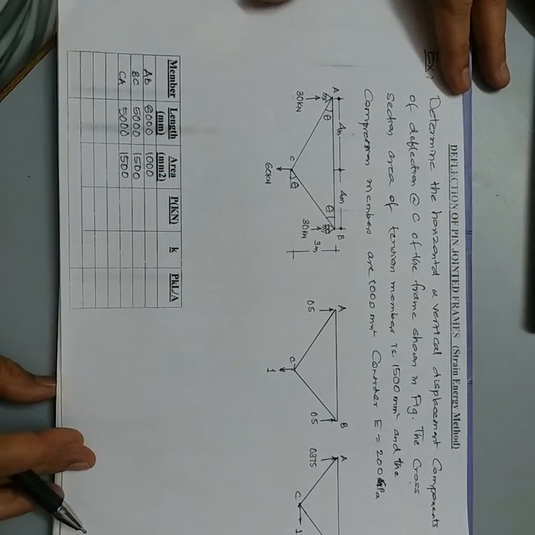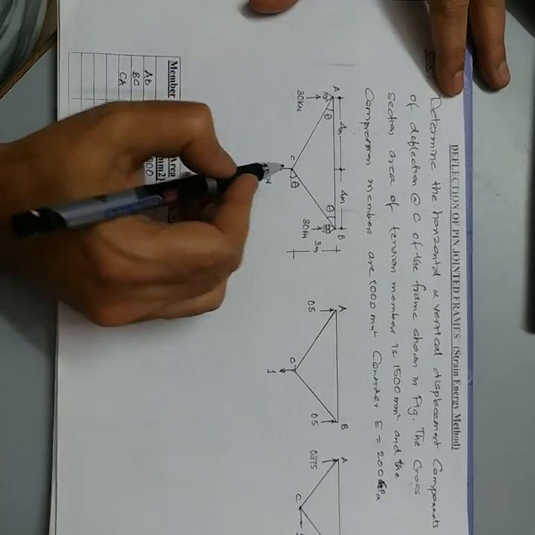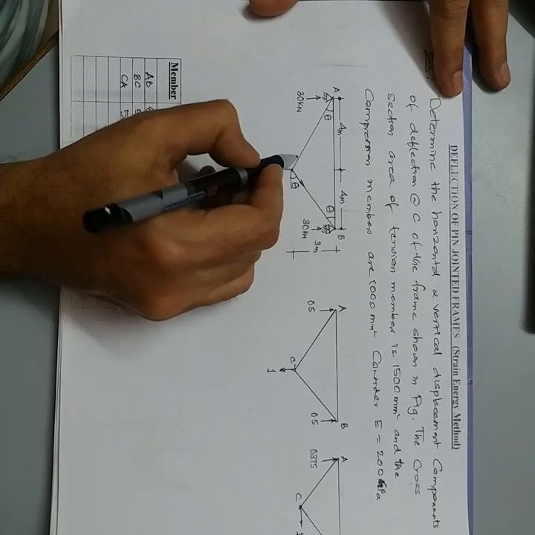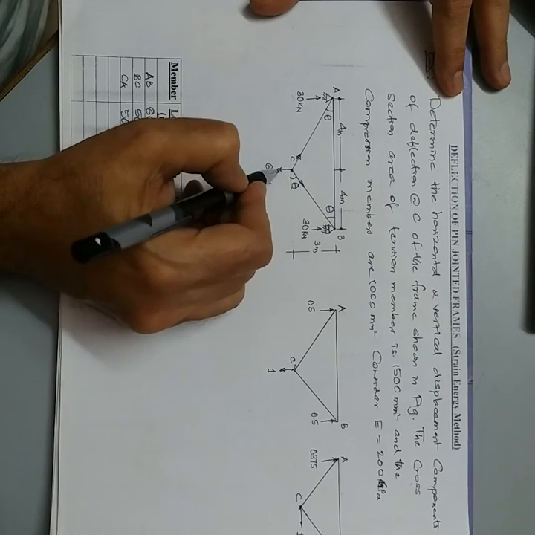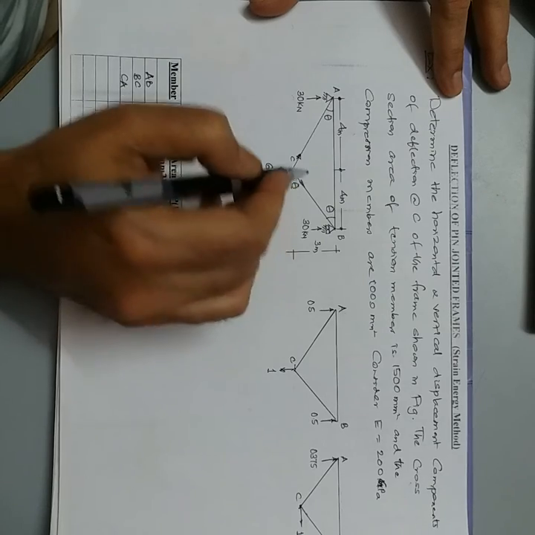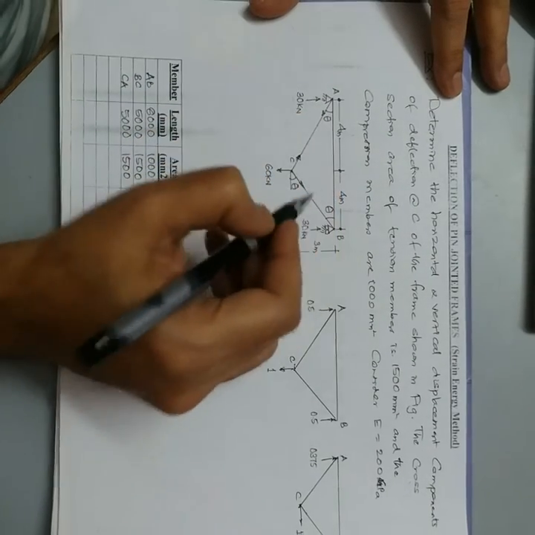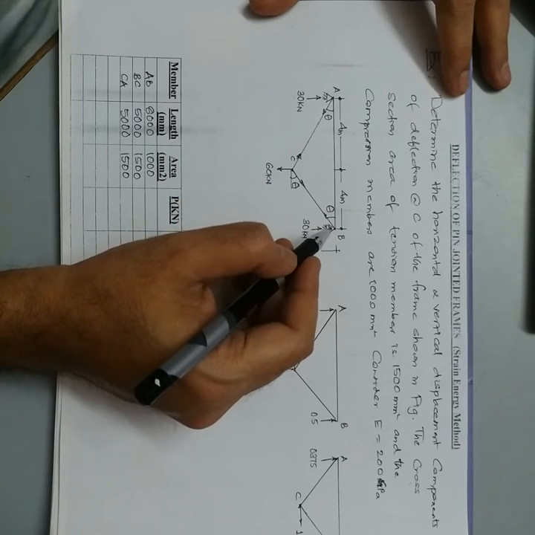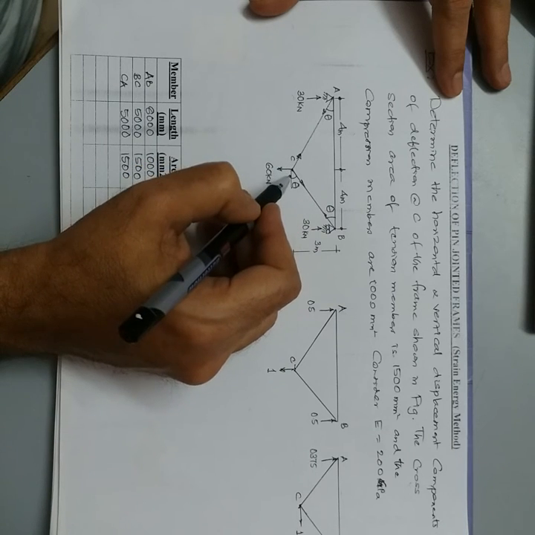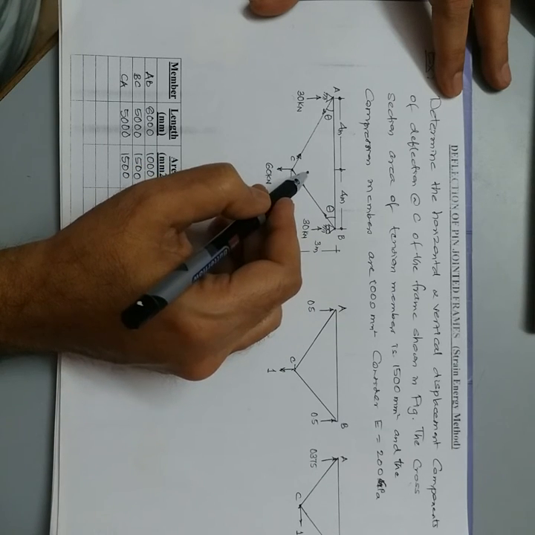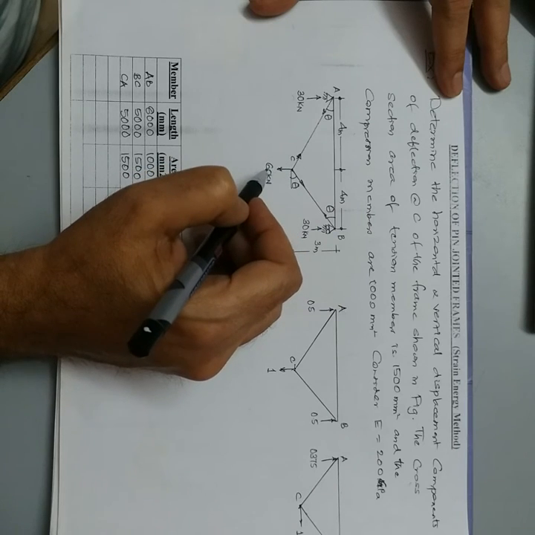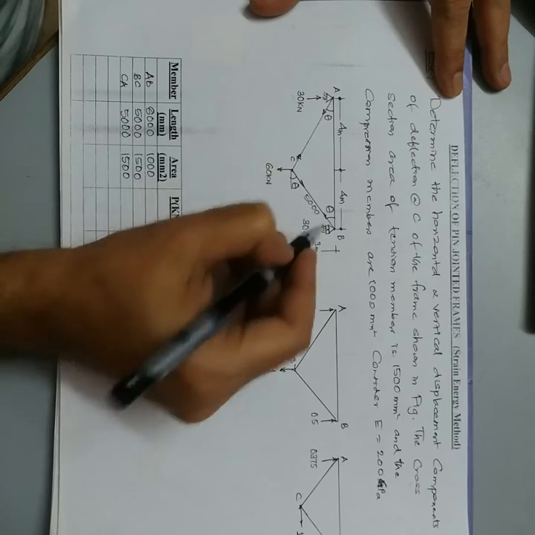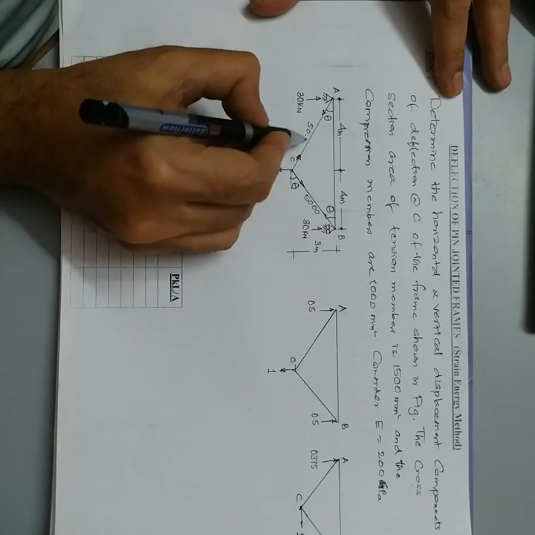So if you resolve the forces and find the forces in the member, here this will be the component of this force, and this force will be under tension to counteract this 60 kilonewton force. Hence, force in the member AC must be equal to force in the member BC. So on resolution we find that FBC sin theta and FCA sin theta will be equal to 60. So from that we get this as 50 kilonewton. This also as 50 kilonewton.